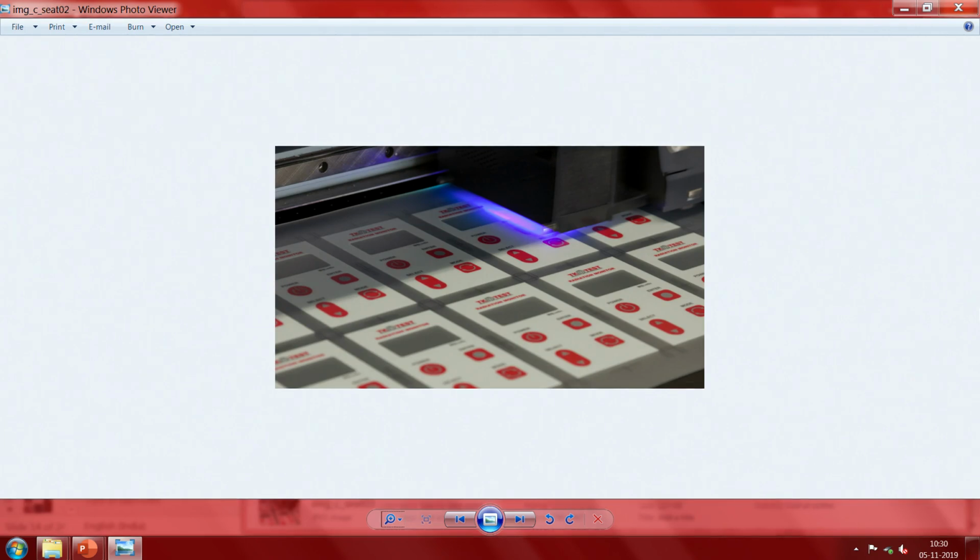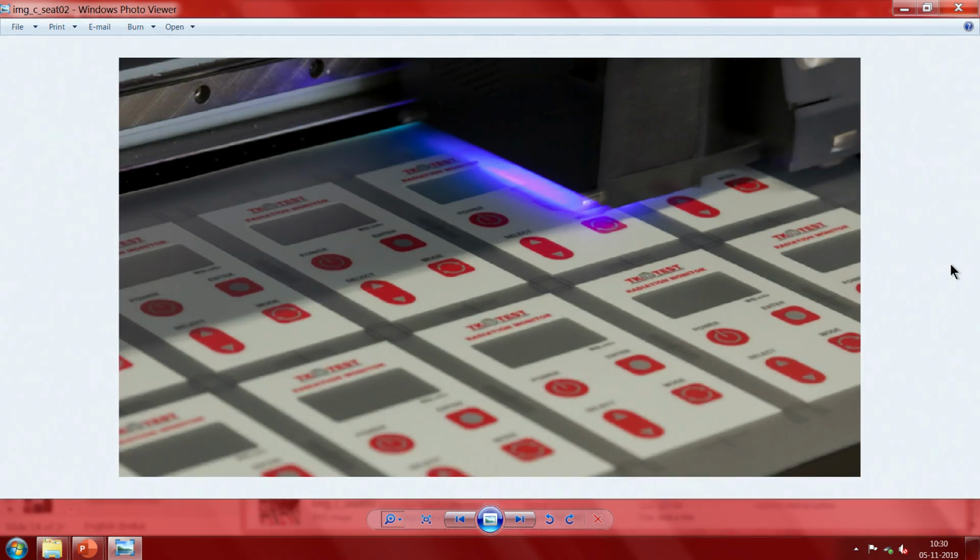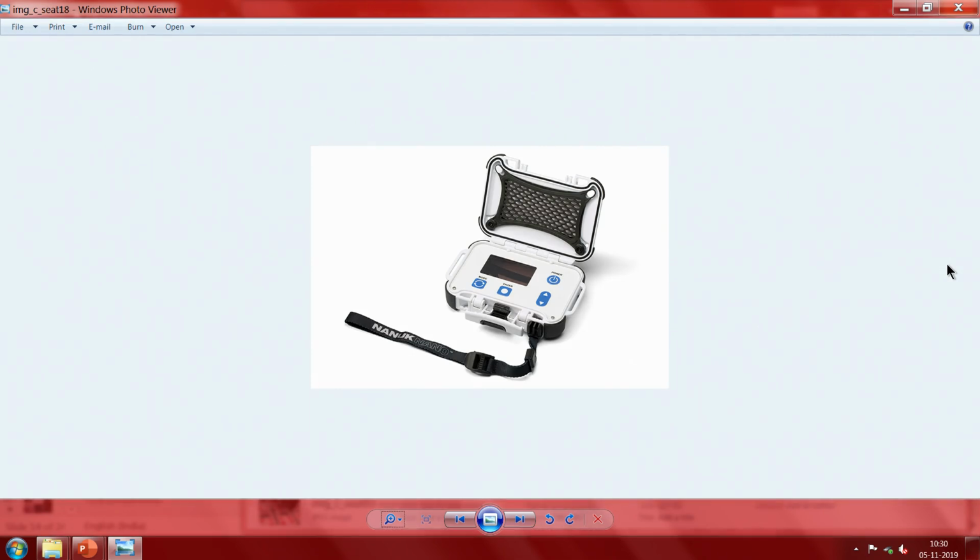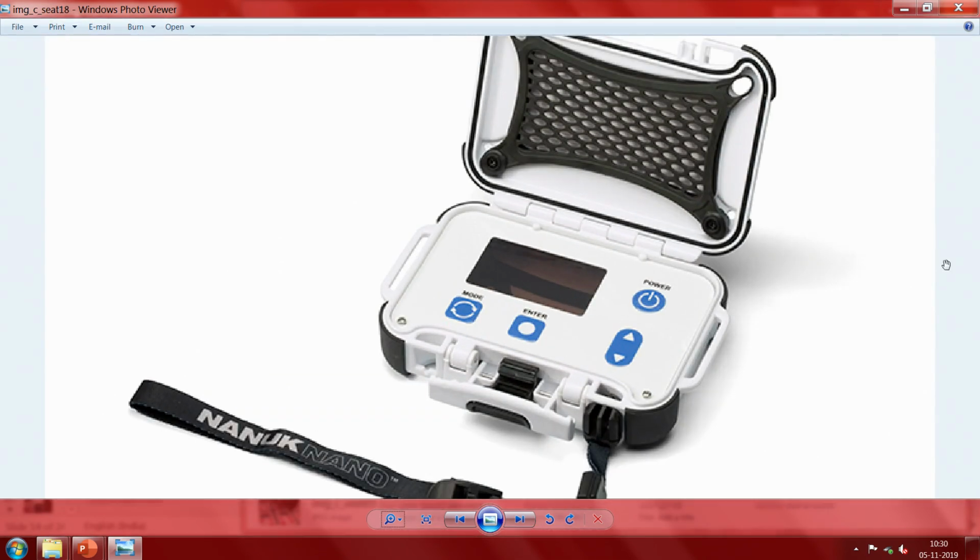You see here what is going on, a very, very interesting concept. This is probably a laser cutter which has taken a pre-printed sheet and is cutting it, and small equipment like this, you can configure as you like.